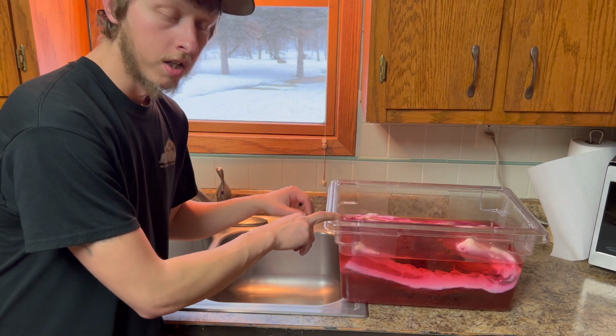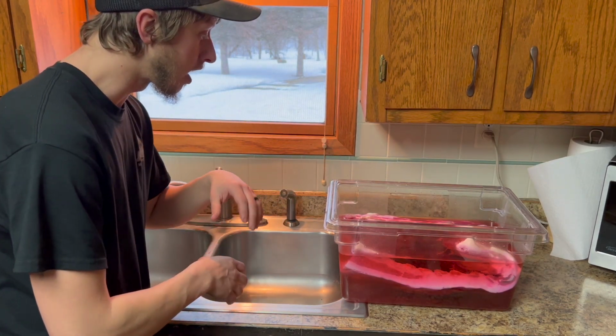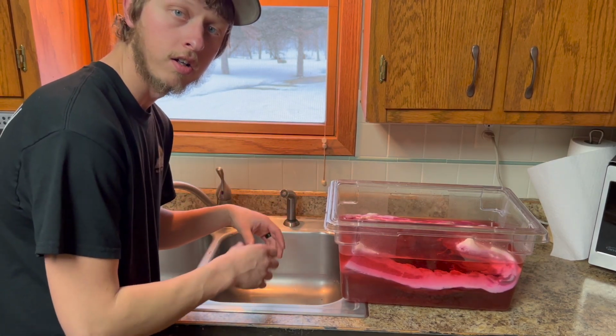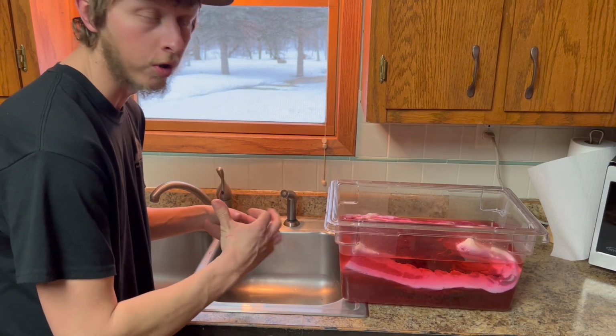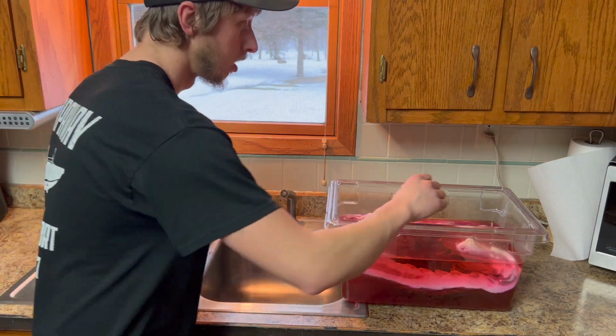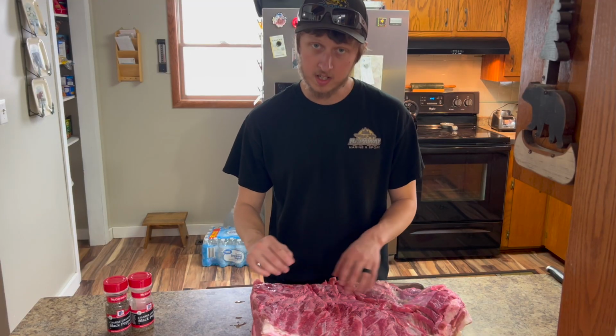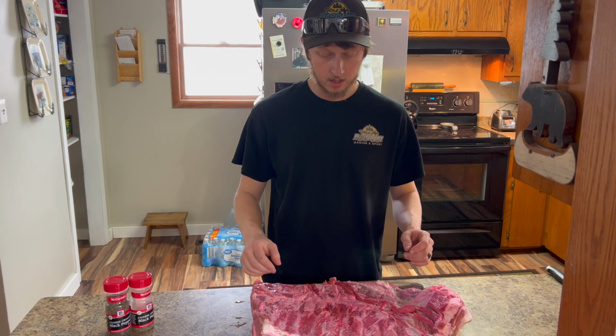All right, guys, so it has been the 7 full days since we got our pork belly in our brine here. So now what we want to do is go ahead and pull it out and completely rinse off all that brine. You don't want to leave any of that on because it will end up making it really salty when you put it on your smoker and it dries all that on. So we want to go ahead and get that rinsed off real well. All right, so now that we've got it rinsed and all the brine rinsed off of it and patted dry,